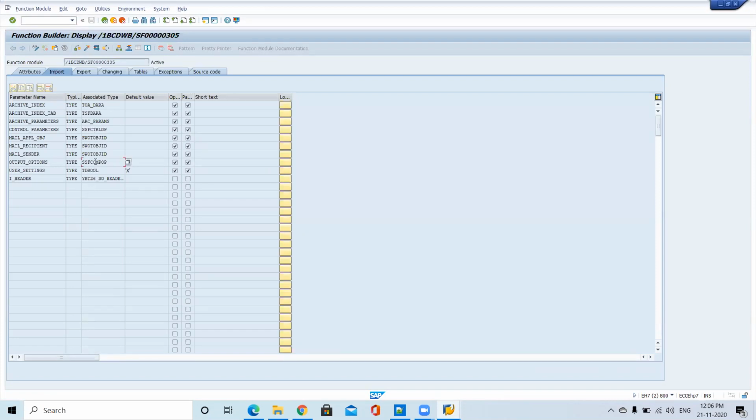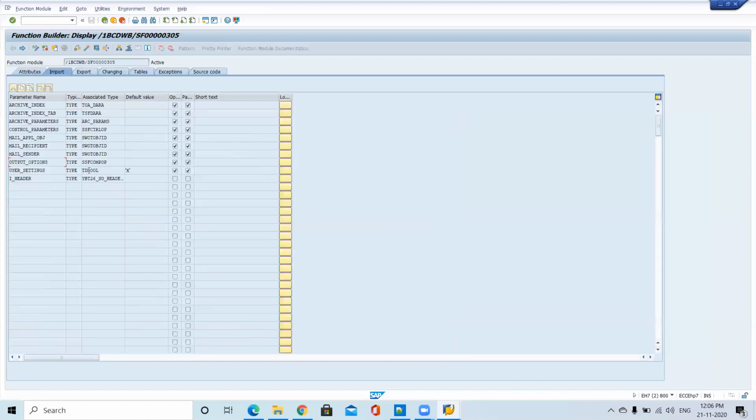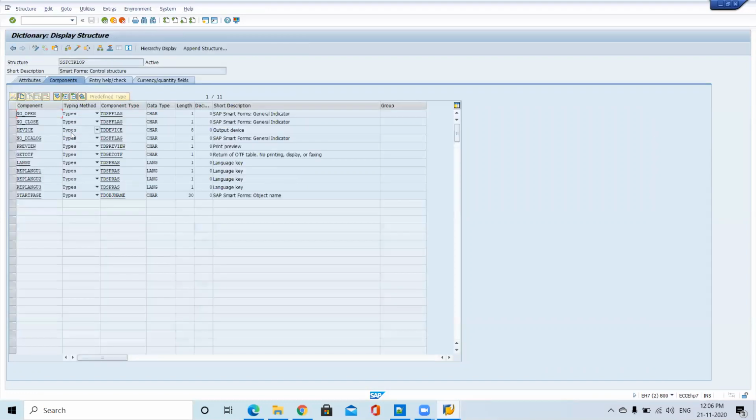So in the output options, first what we can do, we can use these controlling parameters. So here we have device name. You can pass your printer name through this parameter.